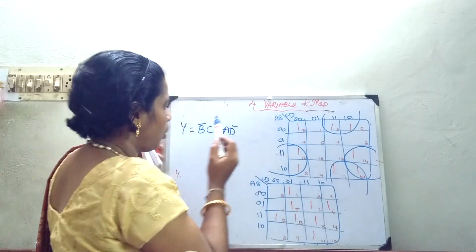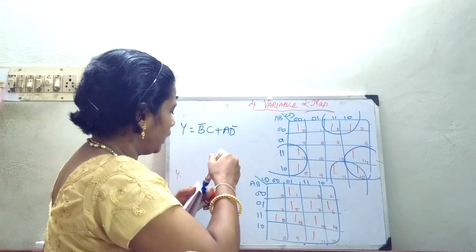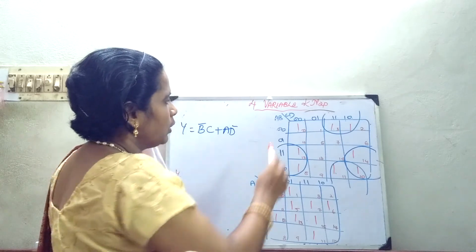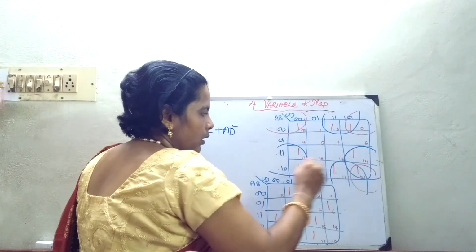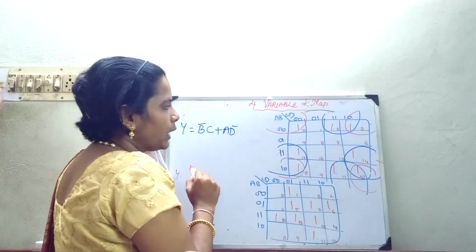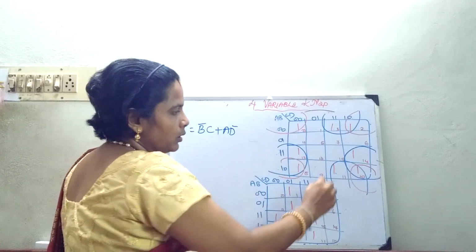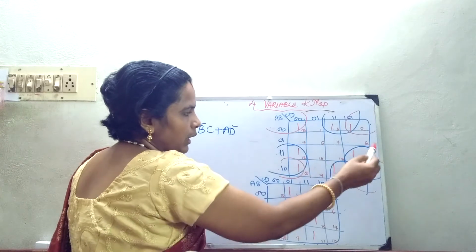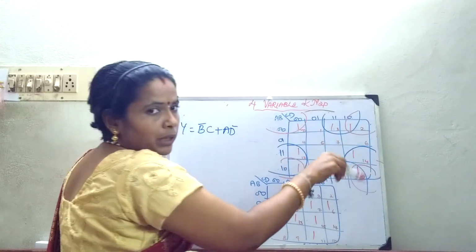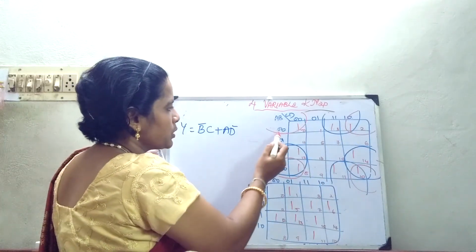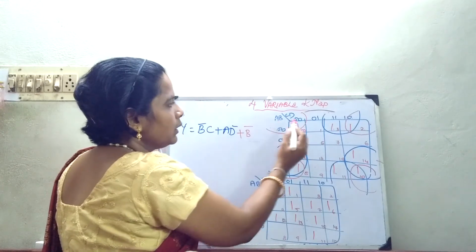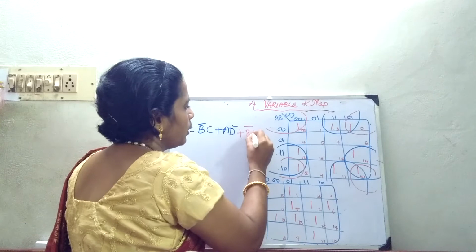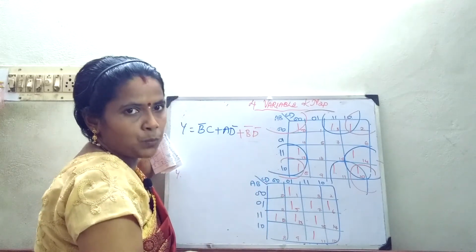But in this case also, so I will be going in for a, I can group all the corners. It is again a 4 cell grouping. This is one 4 cell grouping, this is second 4 cell grouping, all the corners will be the third 4 cell grouping. What will be the expression for this? 0 0 1 0. So plus, it is going to be B bar 0 0 1 0. So D bar. This is the final expression.